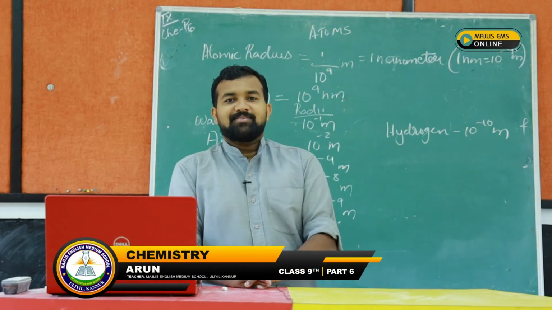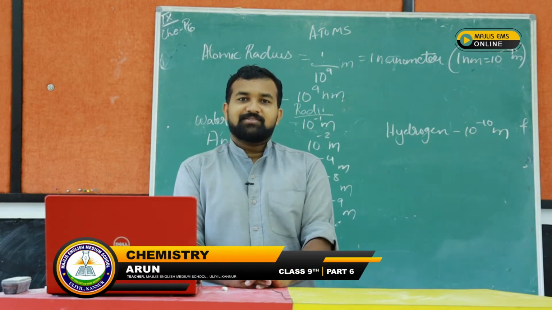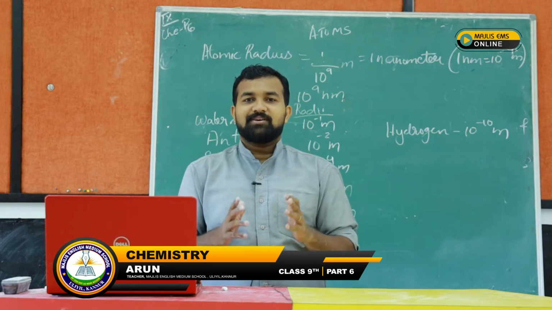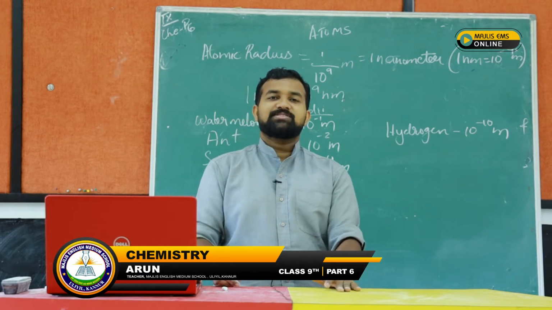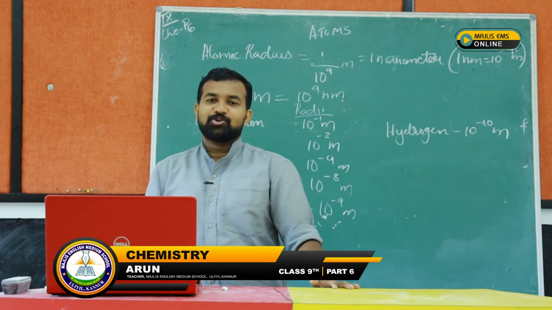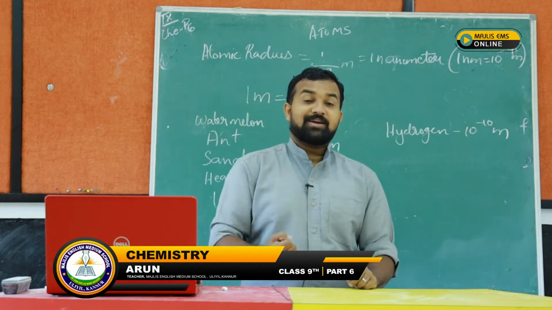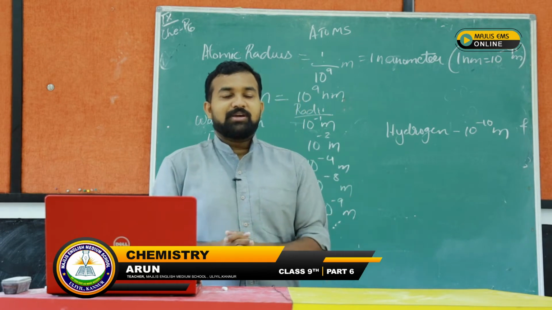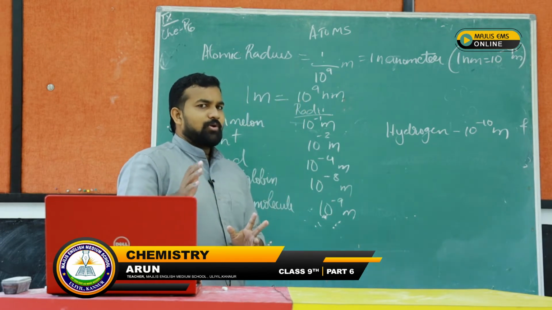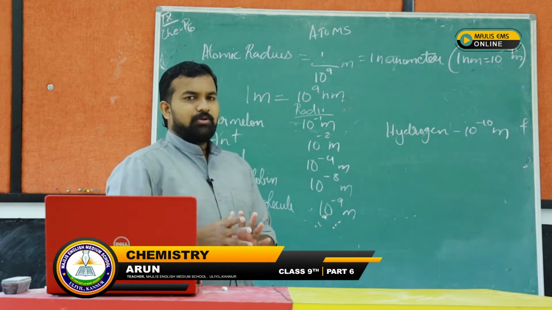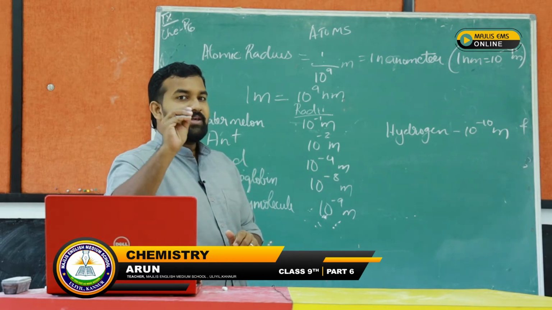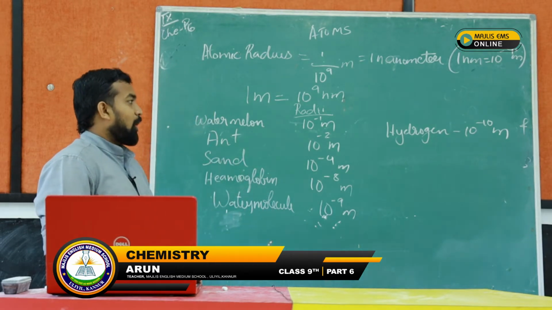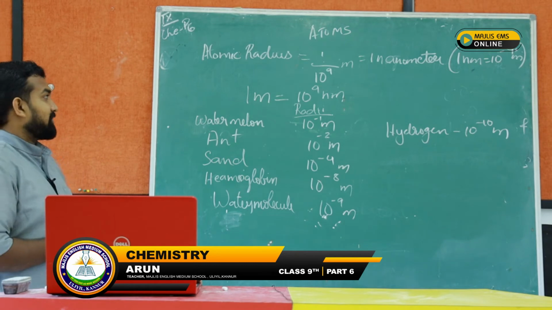So till now we have discussed the history of atoms, the laws of combination by Antoine Lavoisier, and Dalton's atomic theory. So how the atoms are combining together to form molecules or compounds. Okay, so I have told you atoms are very small, and I just want to make it clear to you how much is the size of the atom.